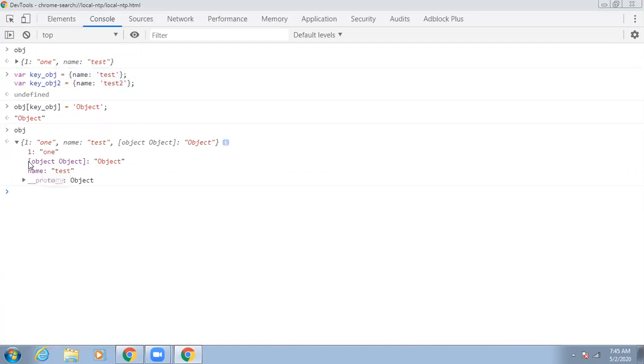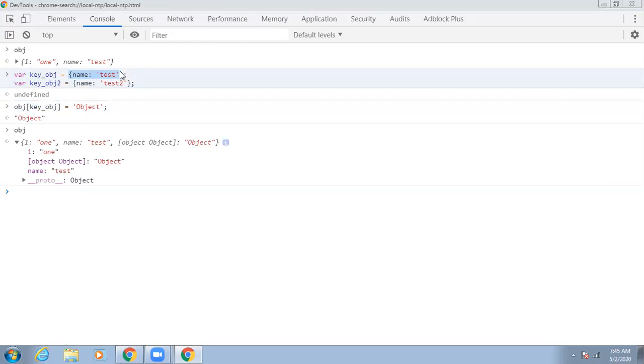Actually this was supposed to show me the name and test, but it will try to convert your object to a string. Every property you add into the object is going to be converted into a string.